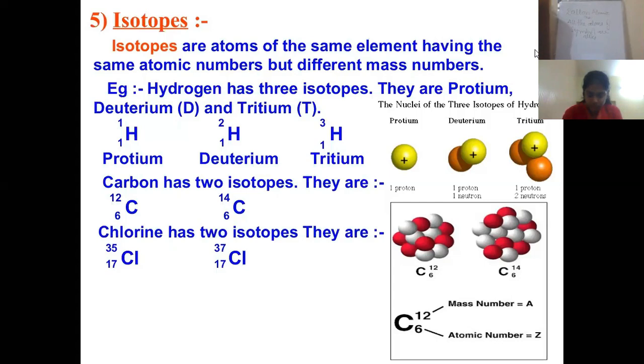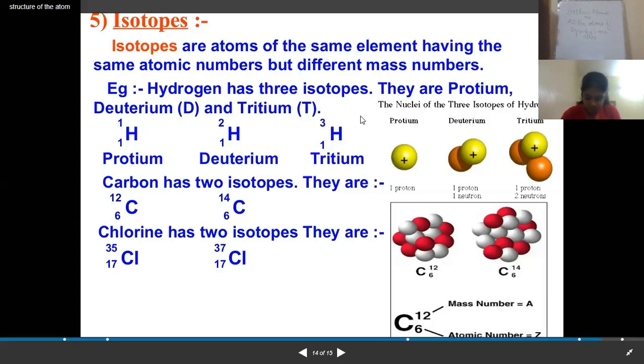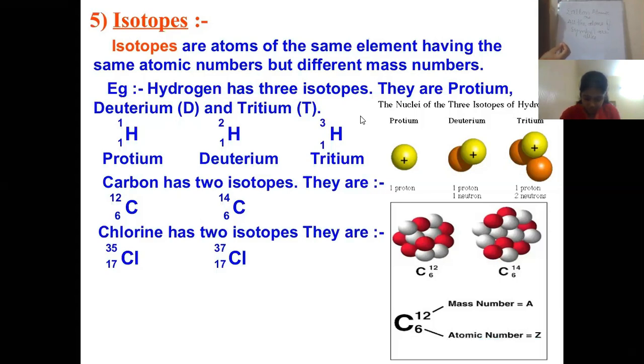But later on, as the research progressed, although up to a certain level what John Dalton said, that all the atoms of an element are alike in each and every aspect, alike in mass number and alike in atomic number, is quite true. But as the research progressed and we came across atoms of certain elements, there was disparity in this statement.